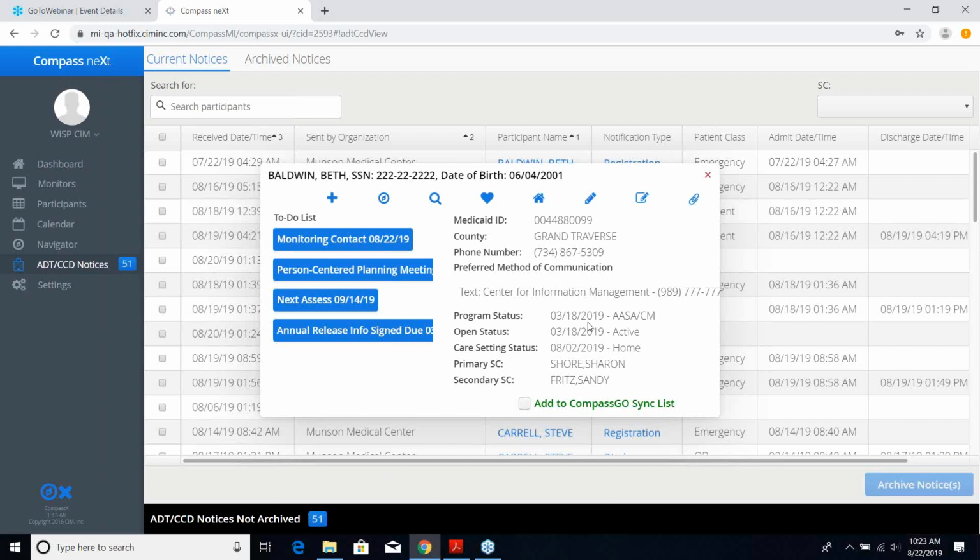So I don't know if many of you have seen the participant summary before. It's on the to-dos in the dashboard, etc. But if you click on the person's name in here, this summary will show up. And all of these navigation items are available up here. You can go to statewide search. You can go to the participant record. You can go to the case file. This heart button is your status, the assessments, the progress notes. You can add a progress note and get to the attached files all from this one window. It's very convenient, as well as you could add them to your next sync in Compass Go straight from this. So at this point, you could go open up her status from here and go update it,